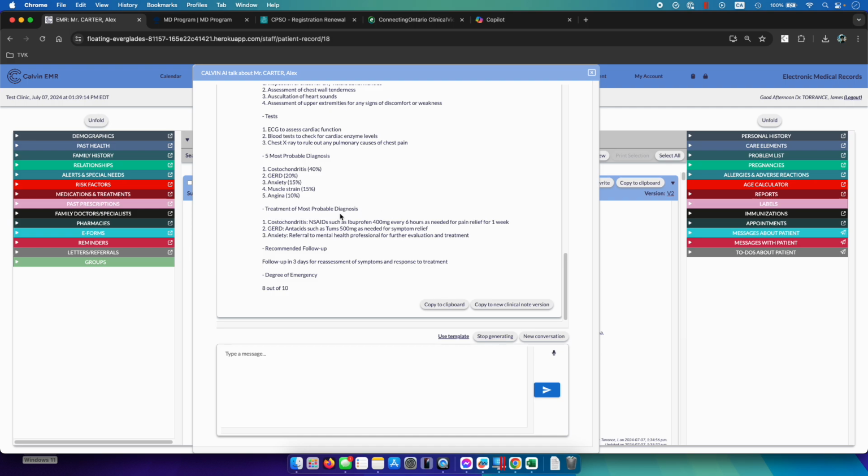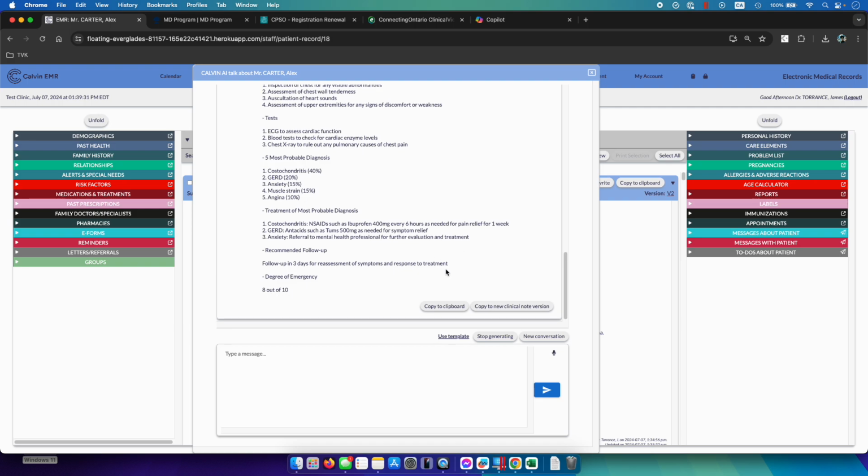Treatment of the most probable diagnosis. So the costochondritis, that's how you treat it. GERD, that's how you treat this, and anxiety, that's how you treat it. Recommended follow-up in 3 days. Degree of emergency, 8 out of 10. Okay, and then